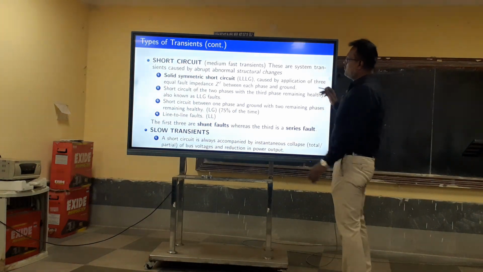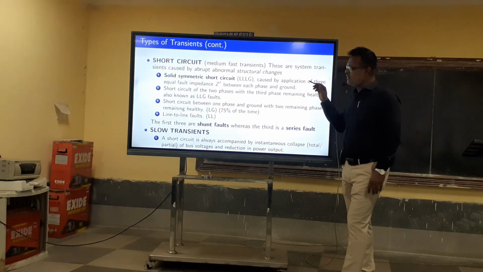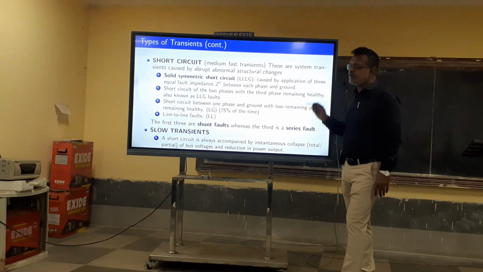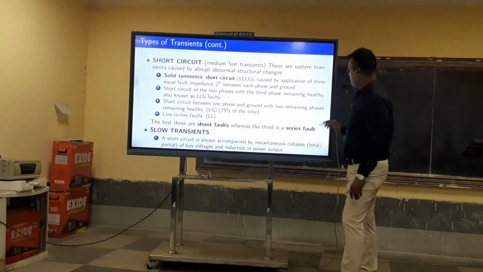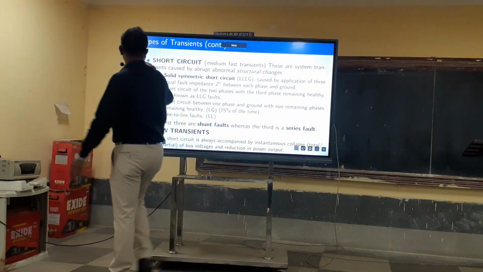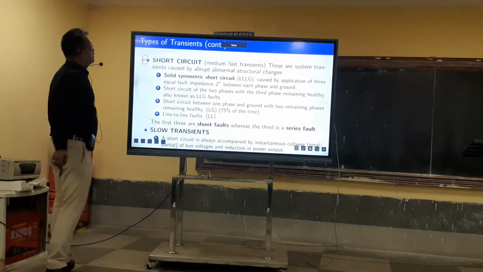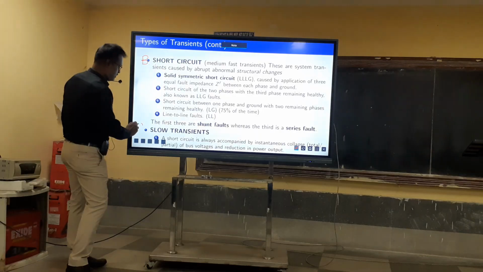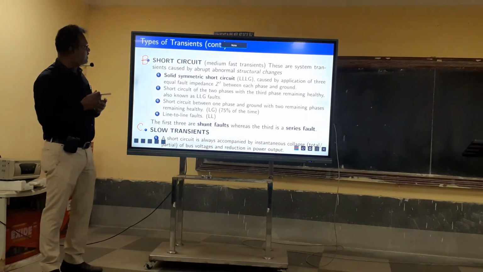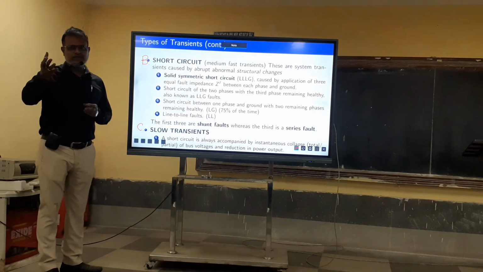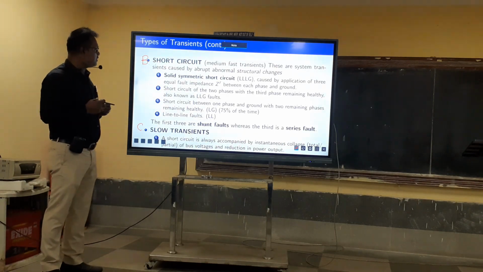So the second kind is short circuit, which is also known as medium fast transients. I started with A, so this is B. B is short circuit or medium fast transients, and C is slow transient. Then you will see. So what is a short circuit or a medium fast transient? This can be, as we discussed at the beginning of the class,